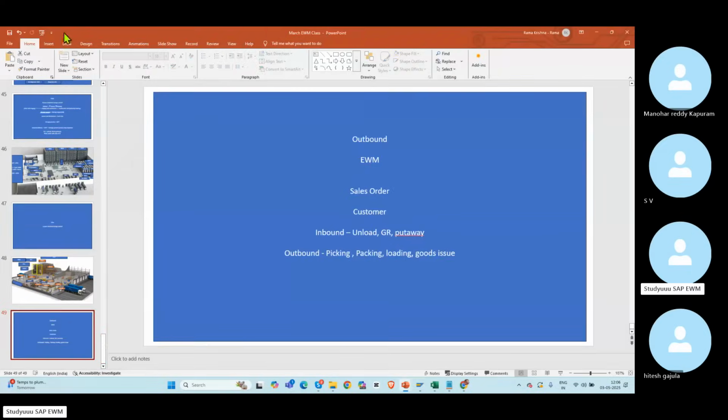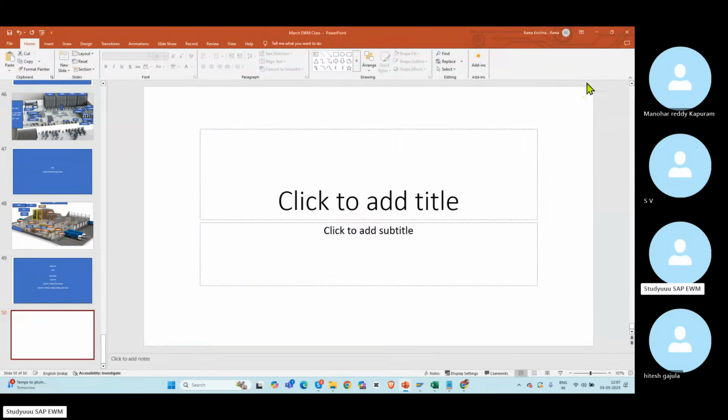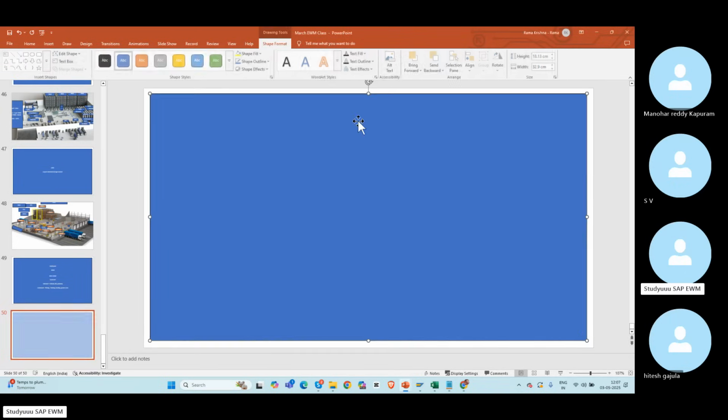So today's class we'll be discussing the first topic, replenishment. Last class we discussed outbound: the outbound stock removal rules and the stock removal control indicator, how the system will